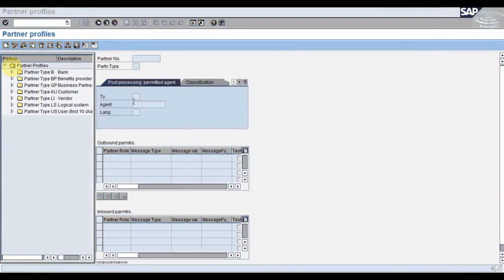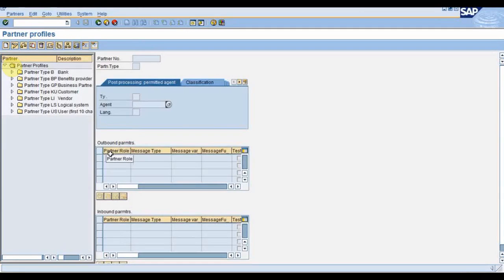In agent assignment, you give the type US, and whenever there is any error notification message or anything happens with this IDoc, whoever is associated as the agent here will receive the notification message that this error has occurred in this IDoc while transferring the data from one system to another. Whatever error message you receive, this agent will receive in the inbox. You just associate this agent in the partner profile and you will receive the notification message.